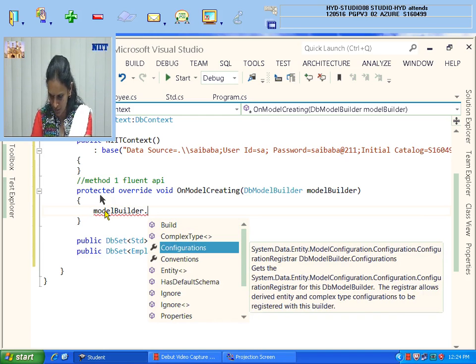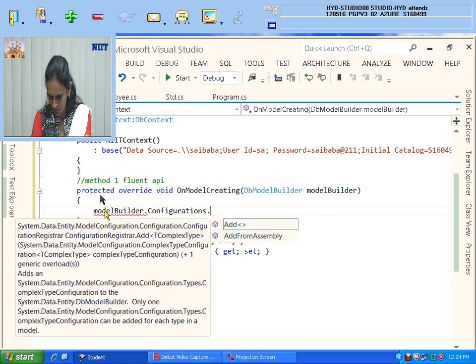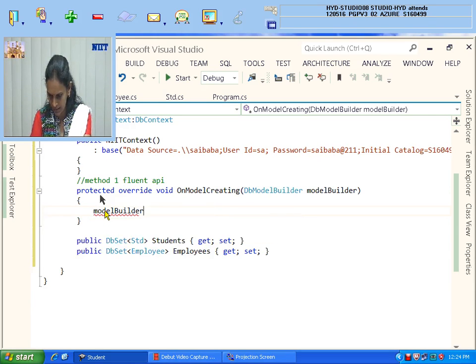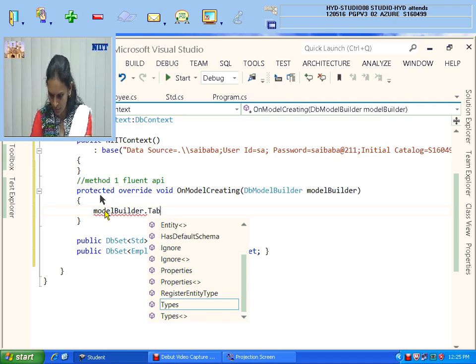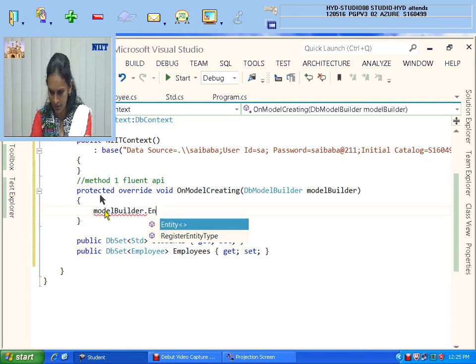Configurations dot to, no, this is not config. That is the second one. Somewhere properties, okay. Let me go for properties, that is okay. Entity, no? Wait, yes. Entity means what?